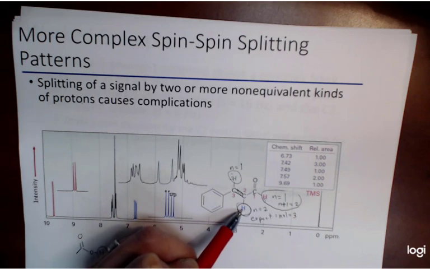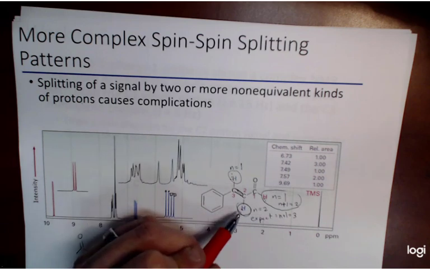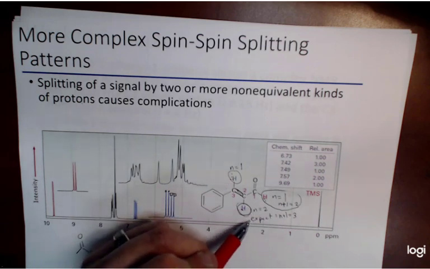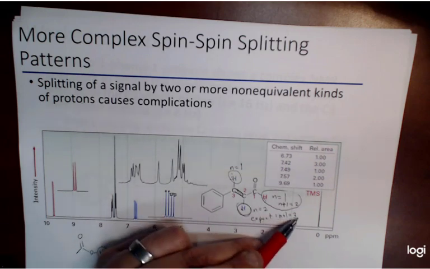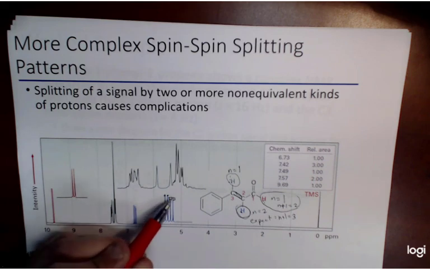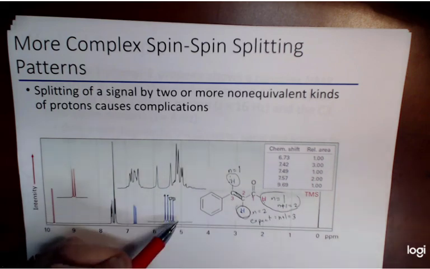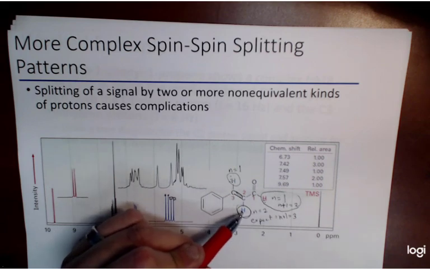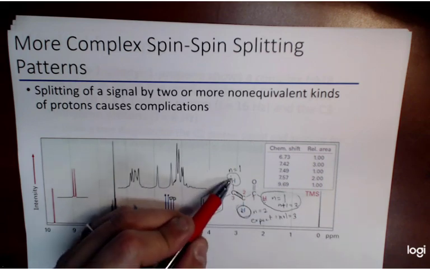sp2 hybridized carbon. And so when we look, right, this hydrogen has 2 neighbors. So you might think, oh, okay, so the splitting I'm going to see is going to be n equals 2, so 2 plus 1 is 3. However, when we go and look, you don't see 3 peaks, you see 4. And that's because, yet again, this pi bond makes it to where the hydrogen sees this neighbor and this neighbor